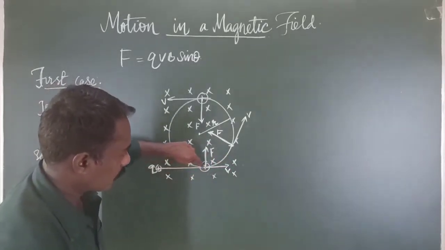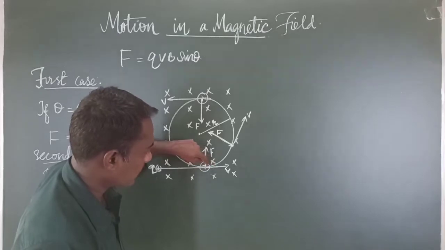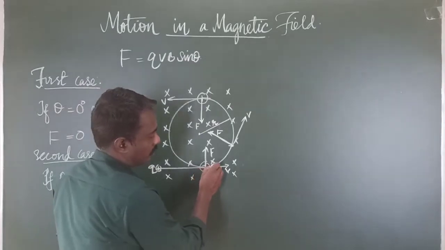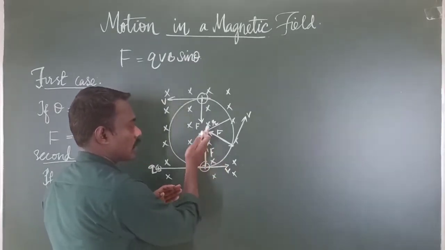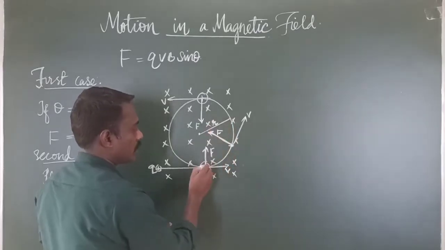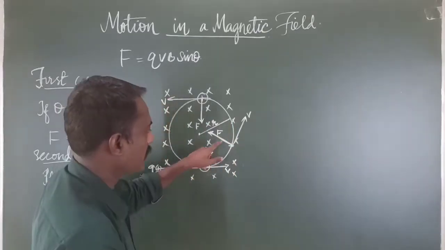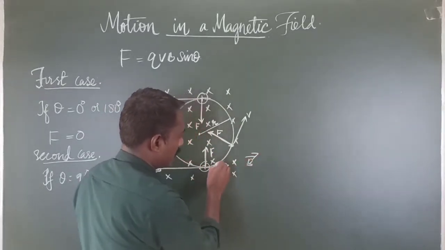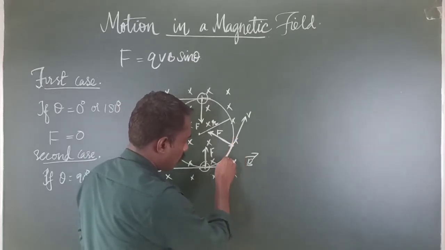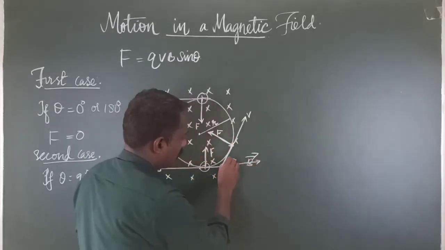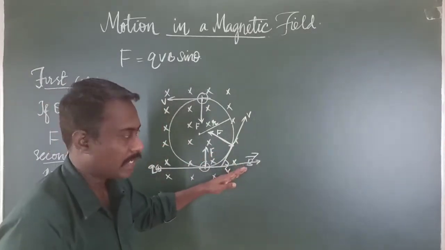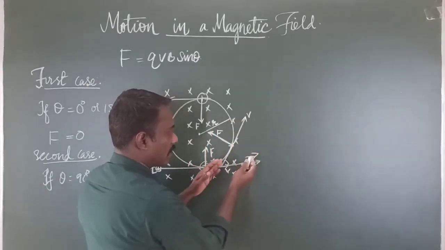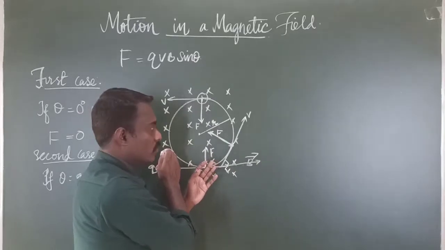That means as the particle moves or enters into the magnetic field here, the force is exerted towards the center. So the particle keeps on moving as it reaches here. See here, this is the direction of the magnetic field, and here the angle between this velocity vector and the field is theta. It is below 90 degrees. Then a force is exerted on the particle. As it again moves here, the particle is pulled towards the center of the circle.